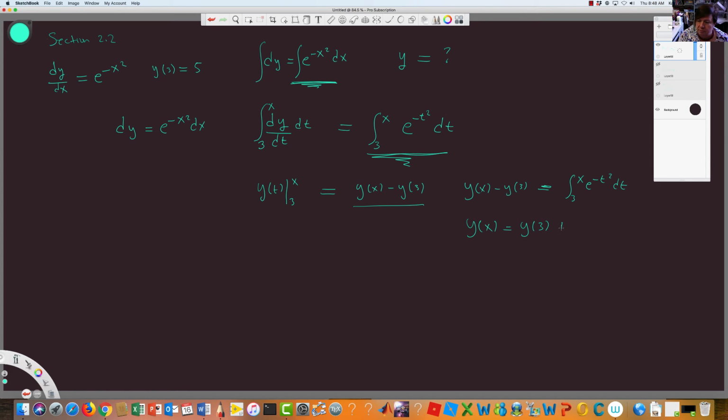plus the integral from 3 to x of e to the minus t squared dt. Okay, and this y of 3 is 5, so I can put 5 plus the integral 3 to x e to the minus t squared dt. Sorry, this is bad. That looks like it's in the exponent. dt,